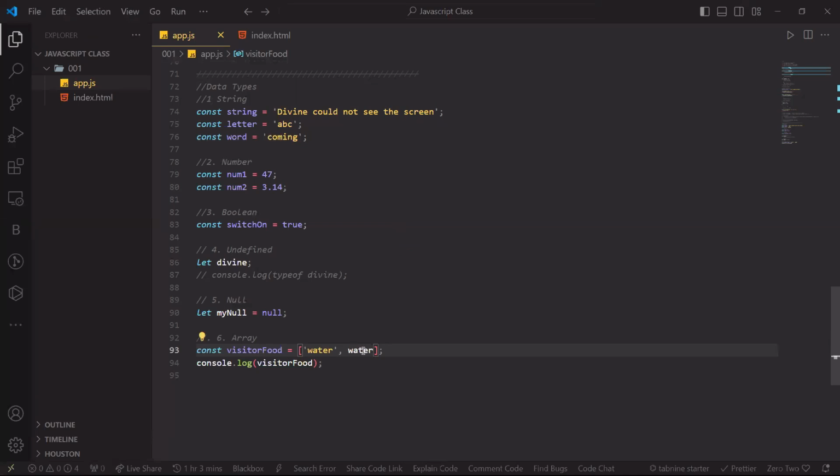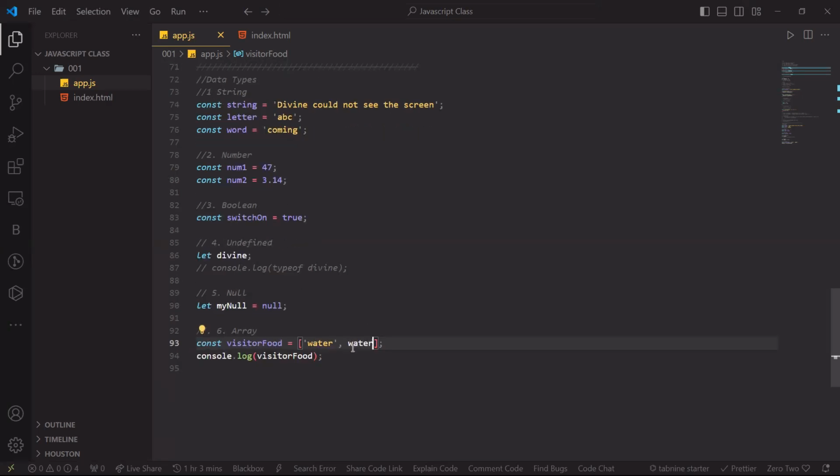So one is a variable. Without a quote, it's a variable. But if you're adding a quote, then it's a data type. And if you're making it a variable, make sure that you're holding something and it's already initialized. If not, you get an error. So let's go back to our code. Let's say rice. Then let's say stew. And let's say